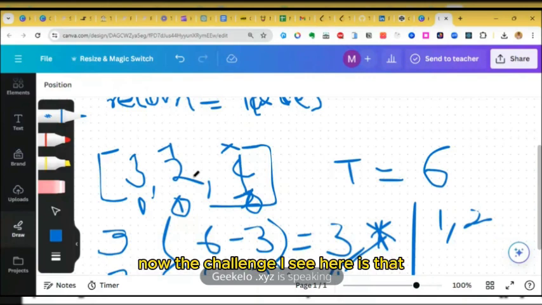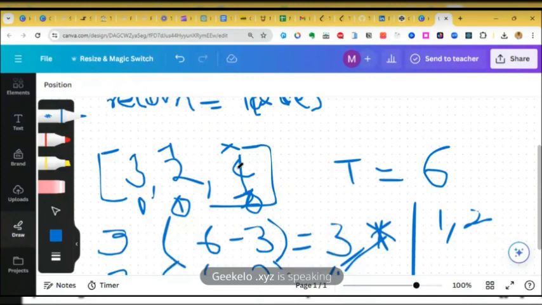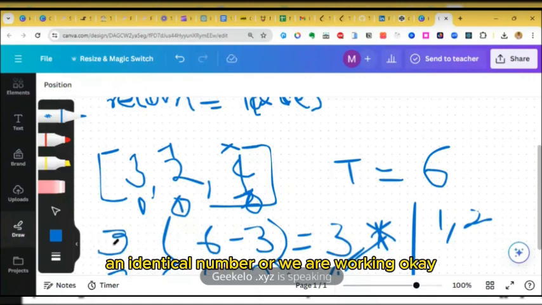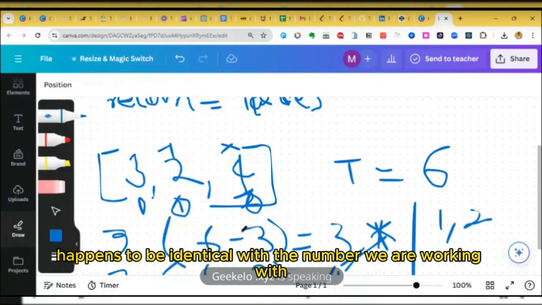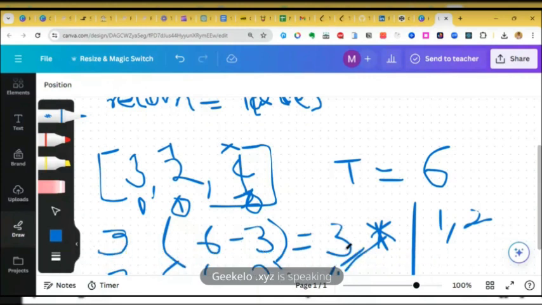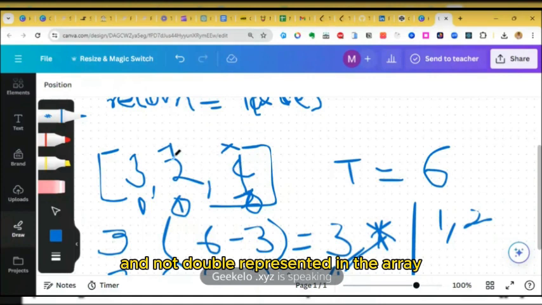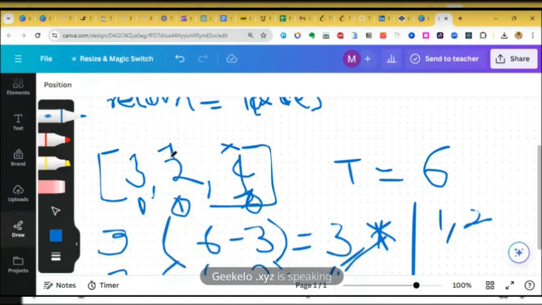The challenge I see here is that in the case where we're working with a certain number, and the remainder happens to be identical with the number we're working with, and not double represented in the array, how can we